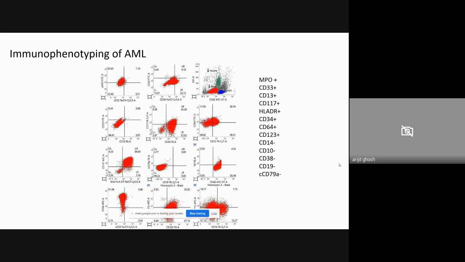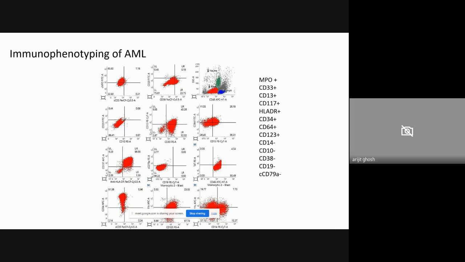In the blast, you can see the blast region is gated, and they are shown in different plots where different markers are being used. There are different markers which are myeloid specific, and we also used lymphoid specific markers